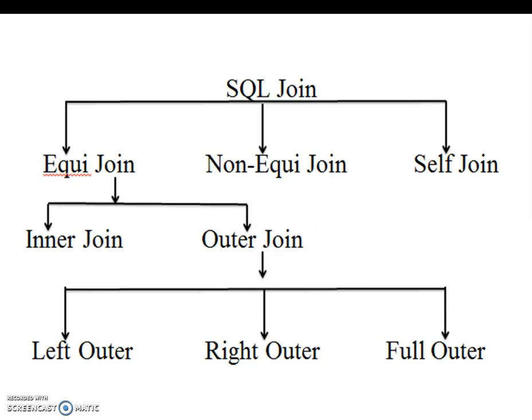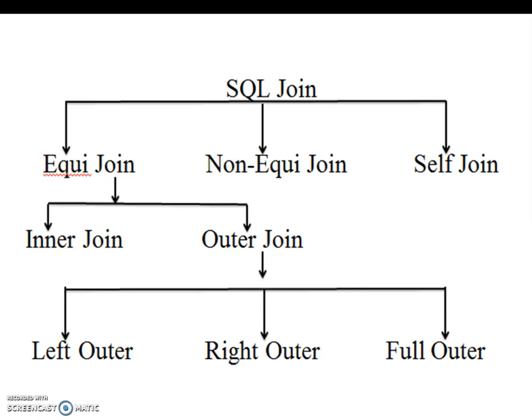As the slide shows, there are multiple types of join available for a SQL join, and they are equi-join, non-equi-join and self-join. The equi-join is the join which uses the equal to operator in a condition. Non-equi-join never uses the equal to operator. Instead of that, it uses greater than equal to, less than equal to, not equal to signs. And the self-join is a join which performs a join on a single table.